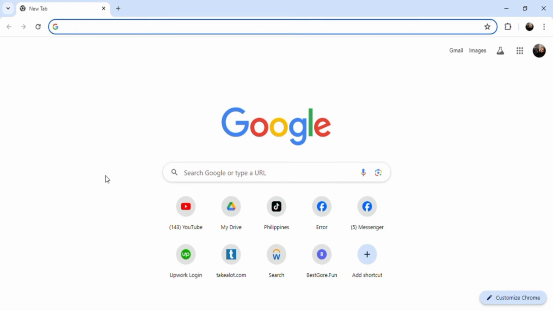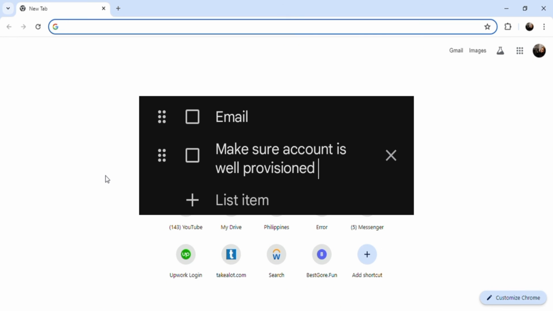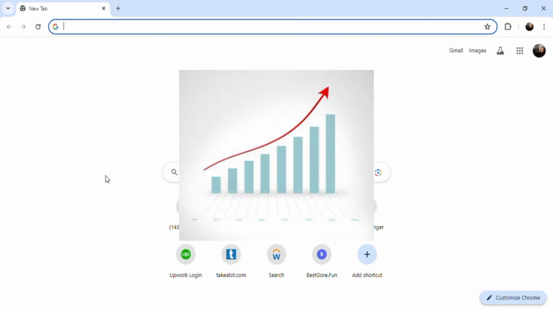So a quick summary of our process here. You need an email. Once you have your email, you're going to put that on your AdSense account, and then you're going to need a well-provisioned account. Once your account is well provisioned, you want to make sure that your applications and your sites are well provisioned as well. These are tips that you guys need to get a heads up on